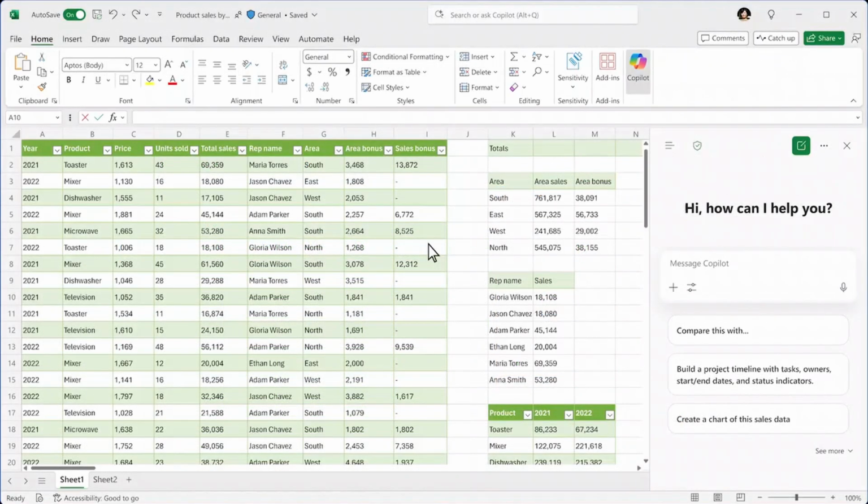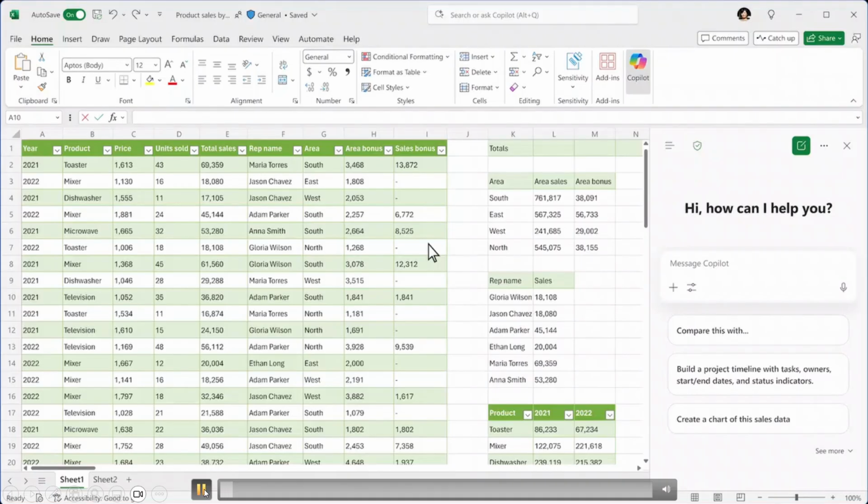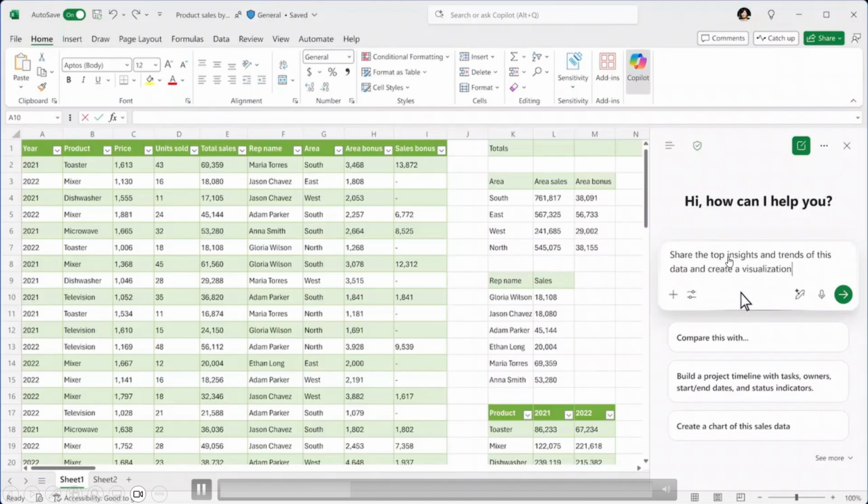So here is a short 15 seconds demo video of Copilot Chat in action. You can ask the Copilot about the data in your Excel and have it create charts for you within the Excel. So I'm just going to play this video so you can get a better idea of how the Copilot works in Excel. Here you can see the user has typed a prompt to share the top insights